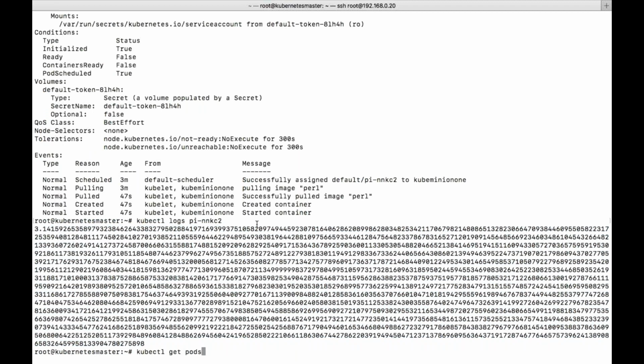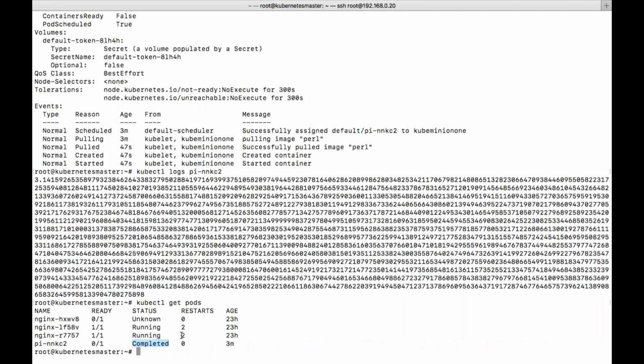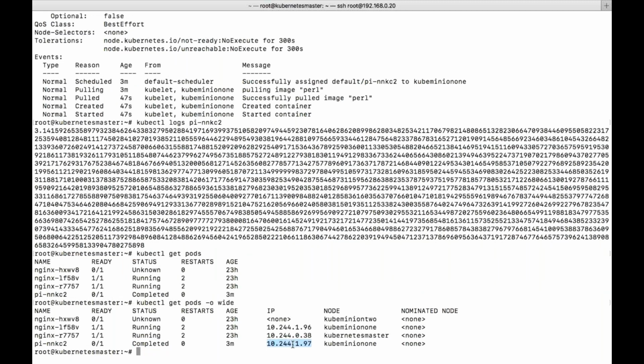It will not show you a running state, in the sense you cannot log into it. Though you have the IP address, you cannot log into that. This particular task is done, so here it will show only 0/1. This is how we need to create a job. If you reboot the node or your entire cluster, maybe tomorrow we can see whether it is restarted automatically and completes the job or not. So this is how we need to create jobs in real time.